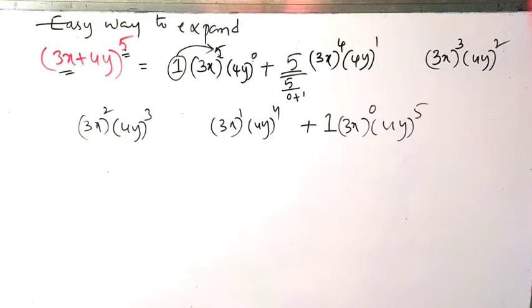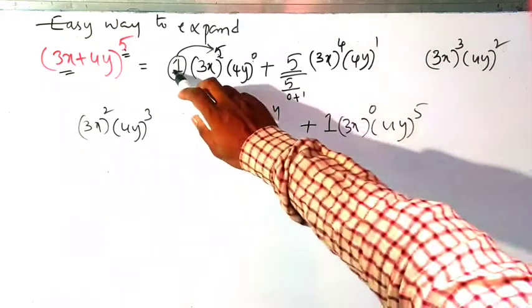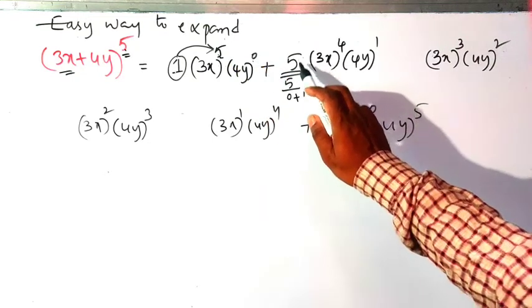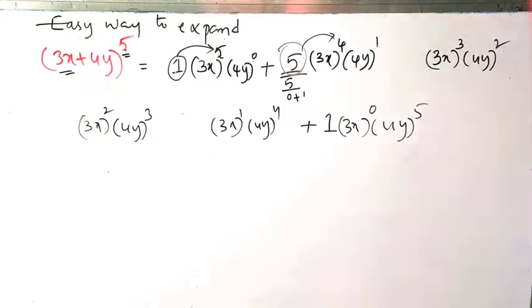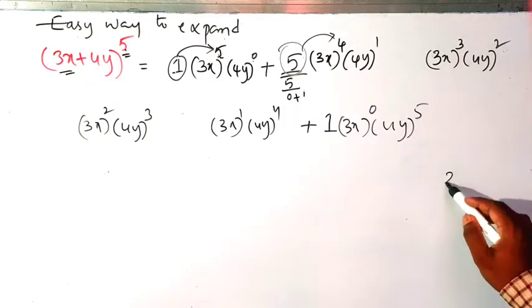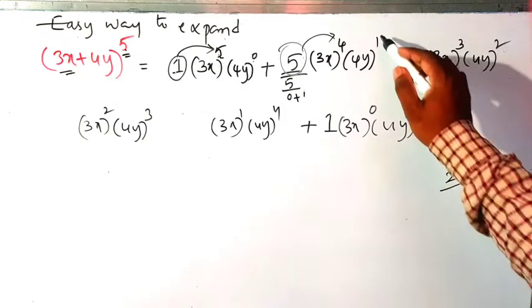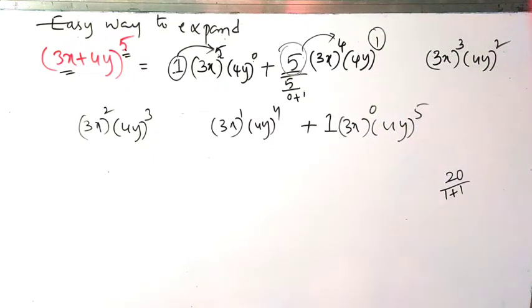Okay. Next one. Same process will follow here. Clear? How to do? So 1 into 5, 5 we write here. 0 plus 1 we write here. Same here also. 5 is there. So 5 into 4. How much is that? 5 into 4, 20. By this one plus 1. 1 plus 1. 2 we get here.